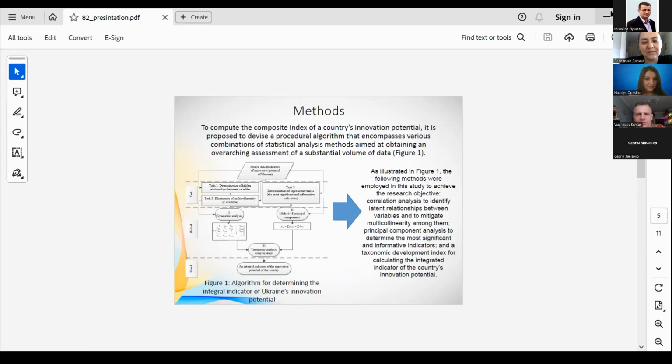Maybe someone else can have a question? No. So please turn off your presentation. Dear colleagues, we still have not heard one research. As I remember, the using probabilistic dynamics of innovation in the management of the recovery and modernization of Ukrainian industries. Do we now have a presenter or not?